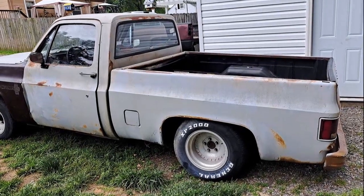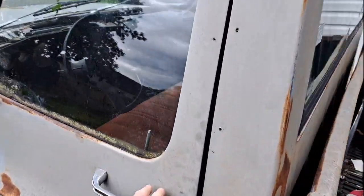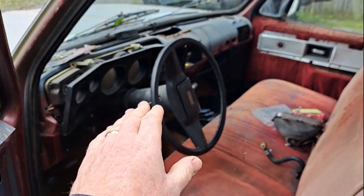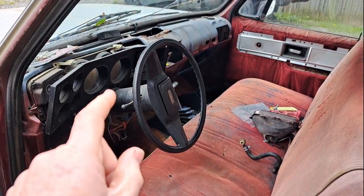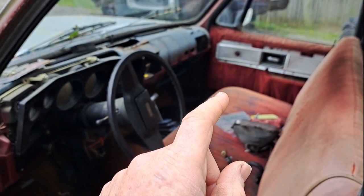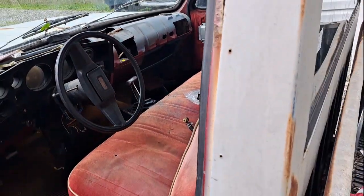Alright, so this is the interior of it. Only thing we're going to be keeping off this is the steering column, the shifter, and the seat. Maybe the windshield, like the door glasses, regulators, you know, all that stuff, seat belts. Probably the